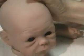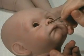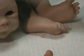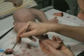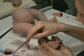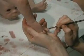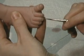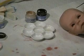Now I'm also going to shade in the nose on Joey. You can open their noses, but Joey's nose is pretty deep, so he's not one that needs to be opened. This is the time I also do my nails. Just a slight shade on each nail. All right, well now